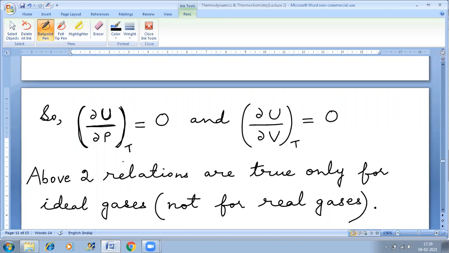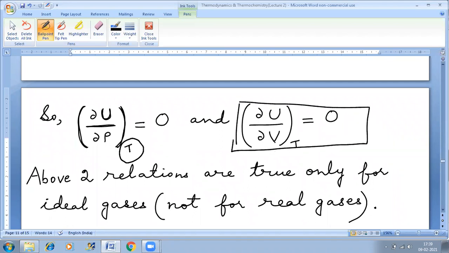And how do I know that the temperature is constant? This T written outside, below, whatever thing is written outside below, it means that thing is constant. So at constant temperature, the internal energy of any ideal gas also remains constant. Same holds true for this relation also. Again, temperature T is written outside below. That means temperature is constant.